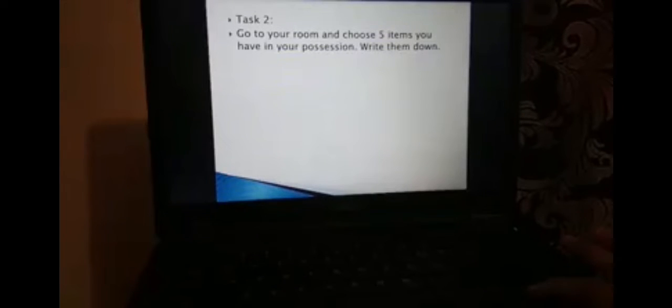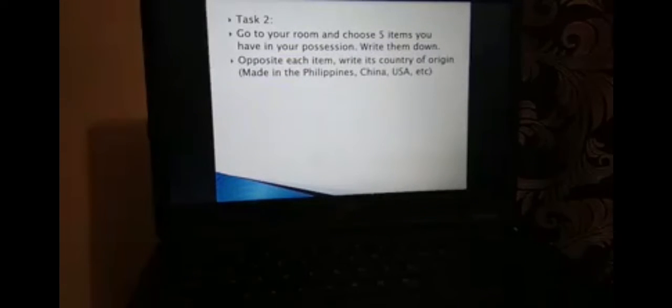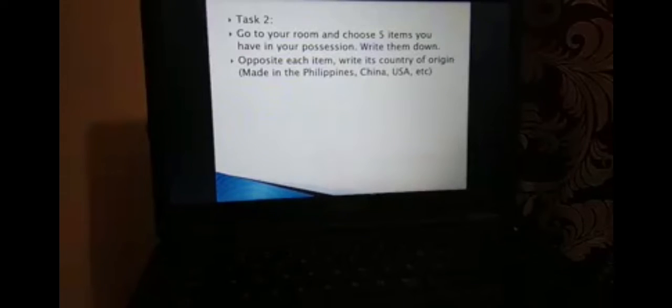That would be your task number 2. And opposite each of those 5 items, you write the country of origin of that item. So you have a cell phone, it's made in Korea, so you write there Korea. And your teddy bear is made in England, so you write there England or UK.